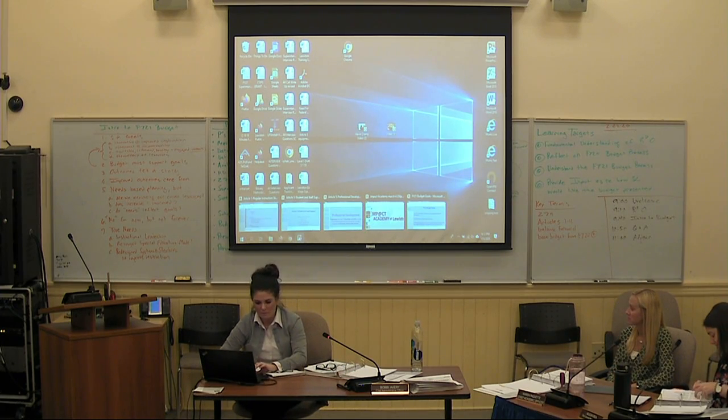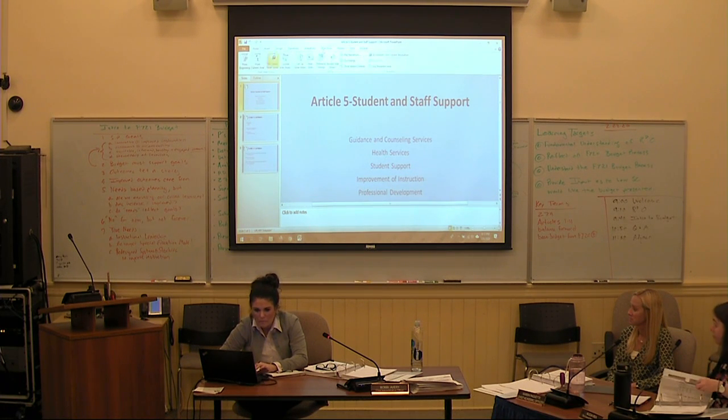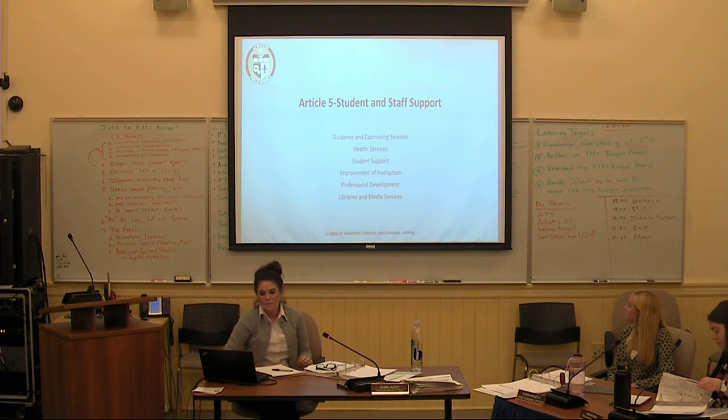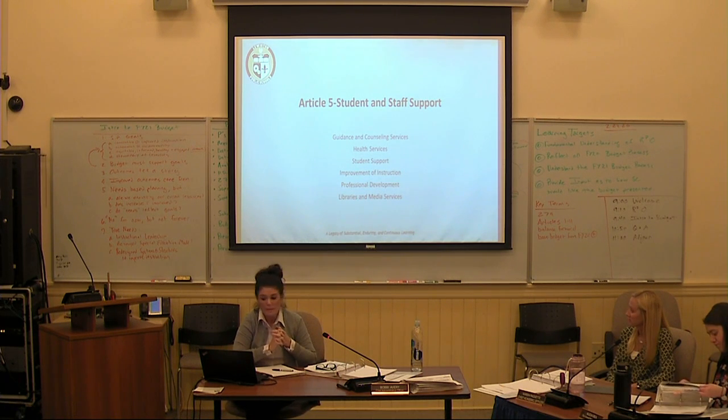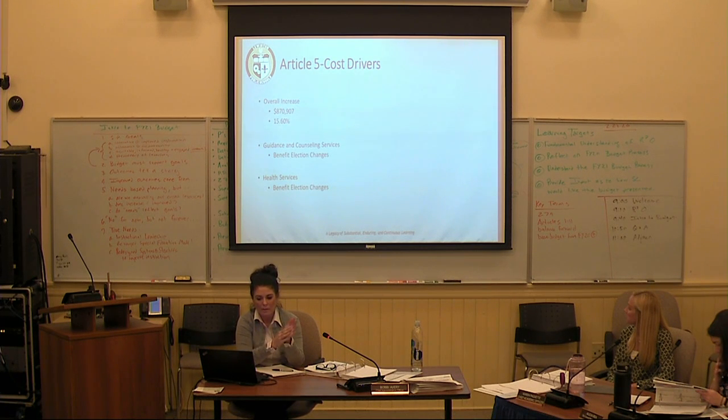We're going to move on to Article 5. So Article 5 is student and staff support, and that consists of multiple components such as guidance and counseling services, health services, student support, improvement of instruction, professional development, and libraries and media services. The overall increase for Article 5 is $870,907,